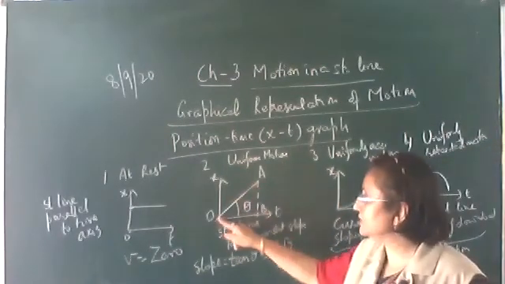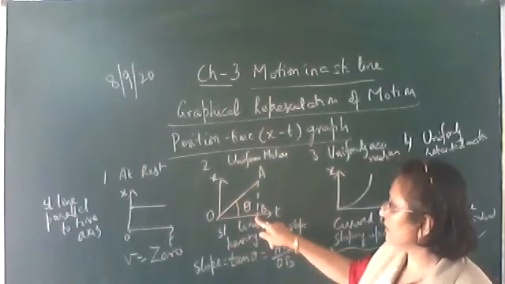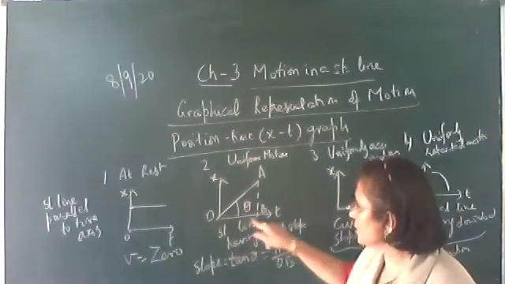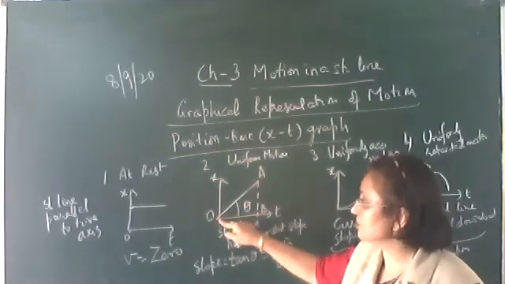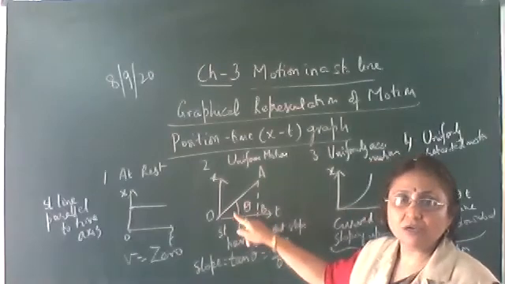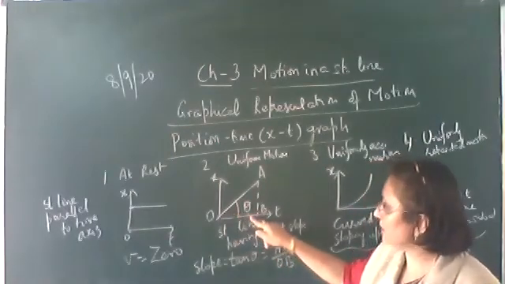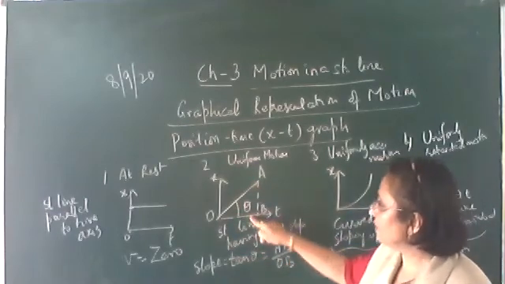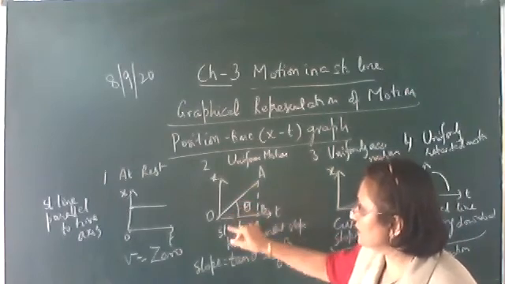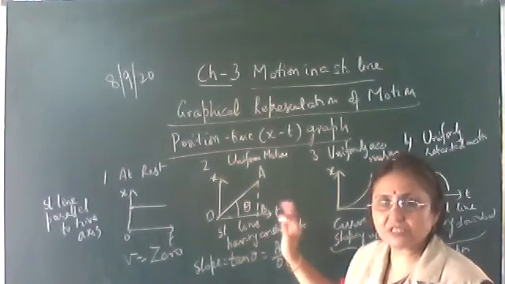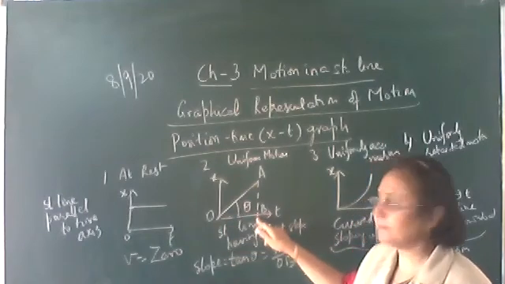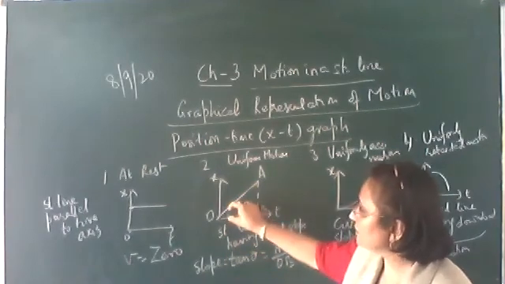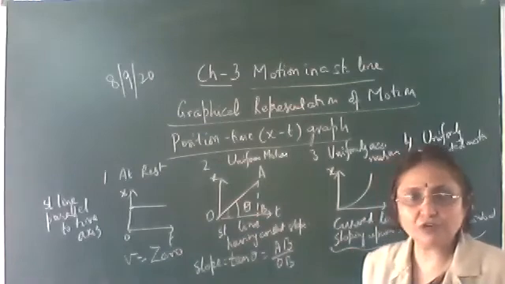So here the speed is constant from this time interval to here. 0 to, this may be 10 seconds, this may be 1 hour. 0 to 1 hour, the speed is constant. So in between, if you find out after 25 minutes, after 30 minutes, 45 minutes, anything, the speed will be the same. Okay, if you have to find out after 10 minutes, like here it is 10 minutes, this is 1 hour. Just taking an example, 0 to t, here B point is 1 hour. 10 minutes, let it be here. Consider the small triangle, this upon this, again tan theta will be constant.